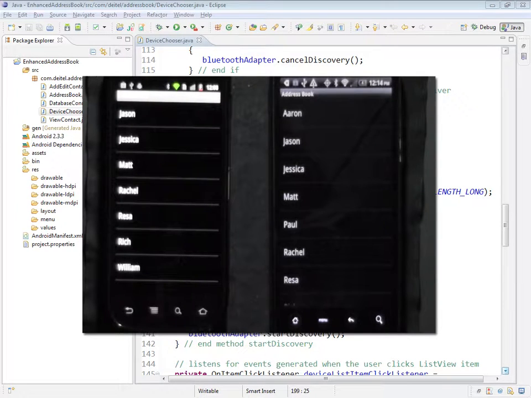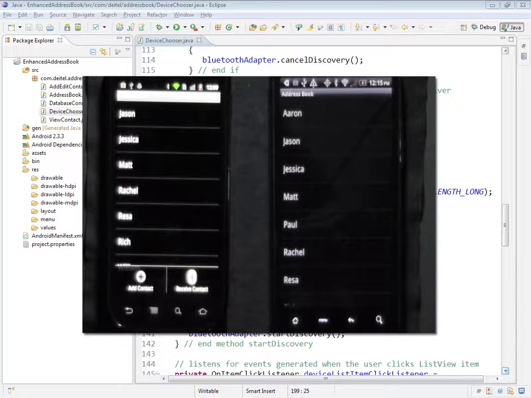Now a couple of the things that we've done to enhance this app, you'll notice if I open the menu on the home screen of the Address Book app here that we now have a receive contact menu item, and basically this menu item, when you touch it, is going to enable you to make your device discoverable for a period of 120 seconds. Then another device also running the same app can connect to your device and send you a contact.